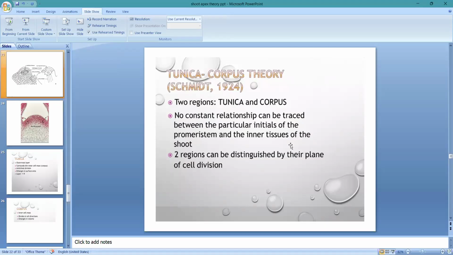Okay, so the last theory, the theory of waiting meristem. This theory was developed by the French school, Plantefol. They recognized that three zones are there in the apical meristem based on the rate of mitotic activity: the anneau initial, the meristème d'attente, and the meristème médullaire. So these three zones are there.